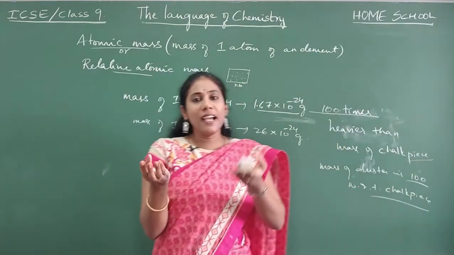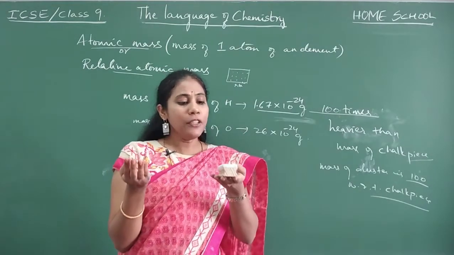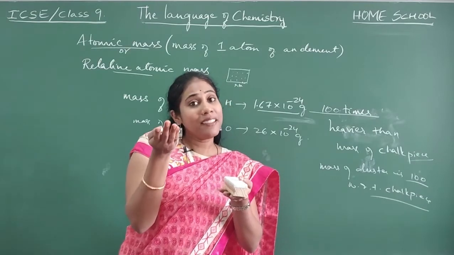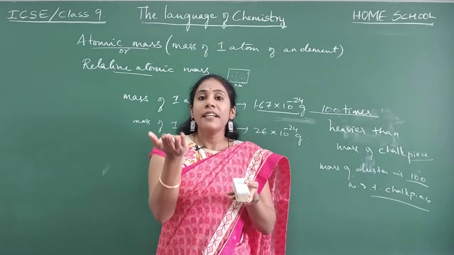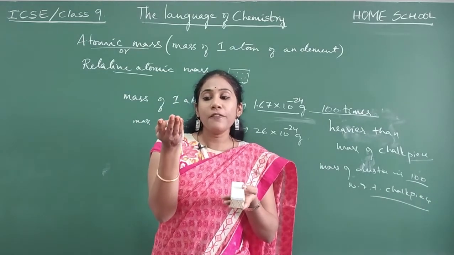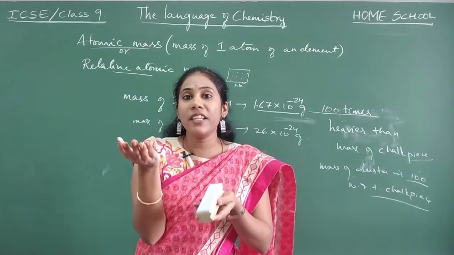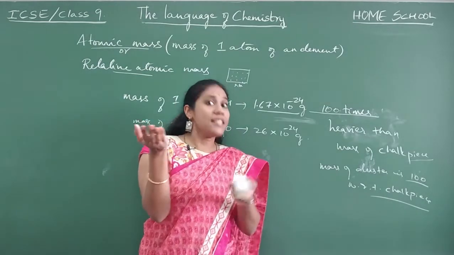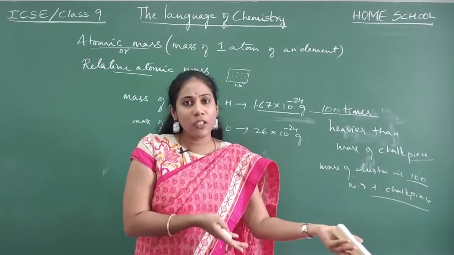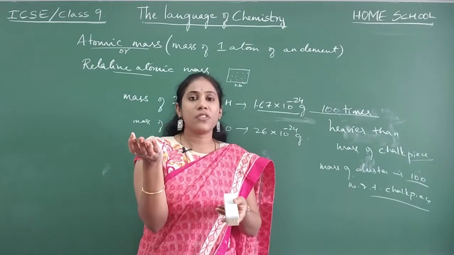So in chemistry, I don't need to keep this duster on a weighing machine and find the exact weight. I can guess the mass in comparison to another substance, keeping that as a reference. Yes or no? Now I am keeping the chalk piece as a reference, guys. So with reference to the chalk piece, I am telling this substance is 100 times heavier. So the mass of the duster here is 100 grams for me. It may not be exactly 100 when you keep it on a weighing machine. Just our assumptions are like this in chemistry.